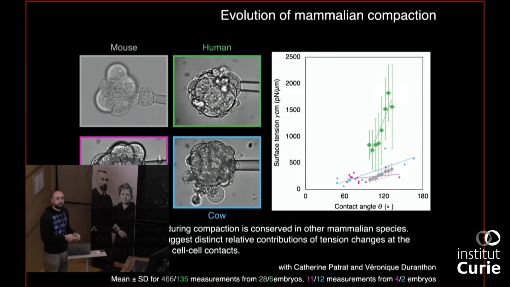The medium is not exactly the same either. The temperature at which they are grown is not the same. The atmosphere at which they are grown is not the same. So cow and human are grown at 5% oxygen. That's required for the development. This is not the case for the other two. So there could be many different reasons. I'm not claiming in any way that this is not due to a technical difference. But I'm just trying to make a point that there's probably something to look into there about the differences in the mechanical properties of different species in general, where we could maybe learn something about the different strategies that are adopted by different species, and using mechanics as...